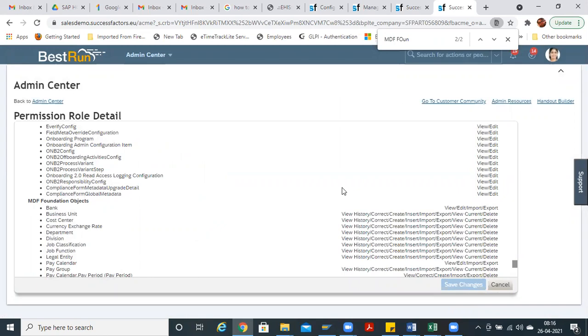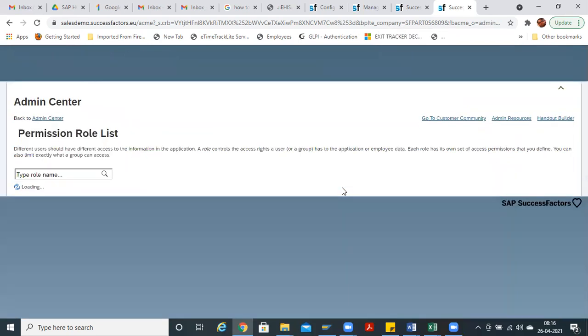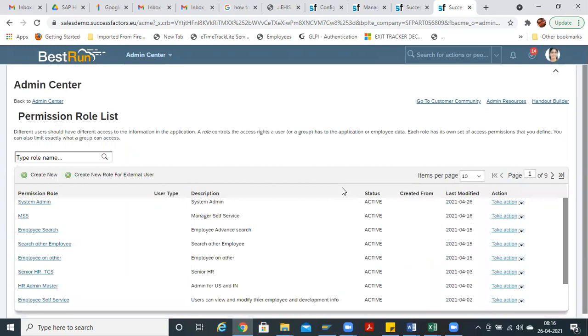This is the role of security. Basically, if you are creating any custom object as per the norms of the company, you have to make it secure. Else all the users can surf it. But if you keep it secure, only the person who has the access to MDF objects in this role can find that object under manage data.